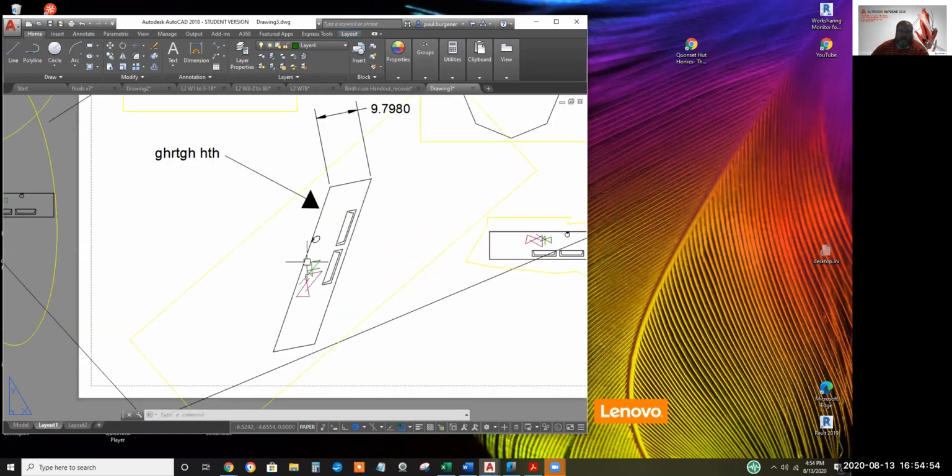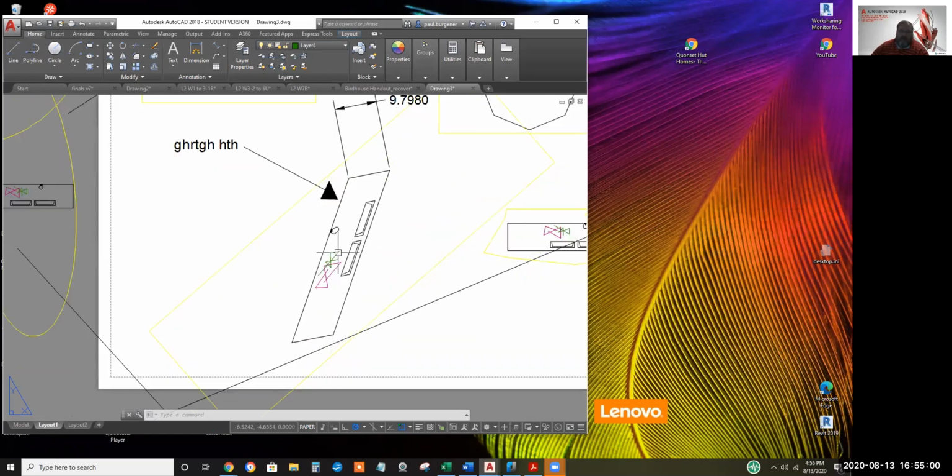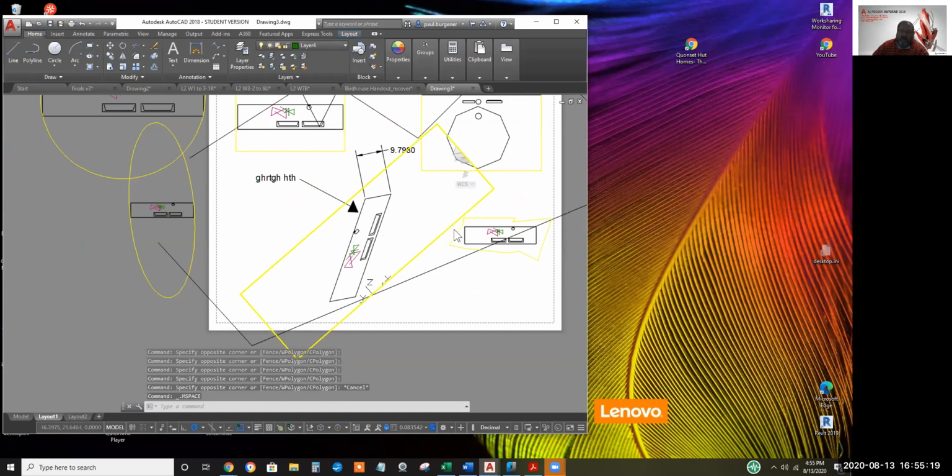Right now, everything displays through the viewport. But there might be viewports that I do not want dimensions to show, or I might not want the electrical or the HVAC to show. So I can double click to activate this viewport. There we go. Interesting. Looks like you got to have the viewport totally on your screen for it to